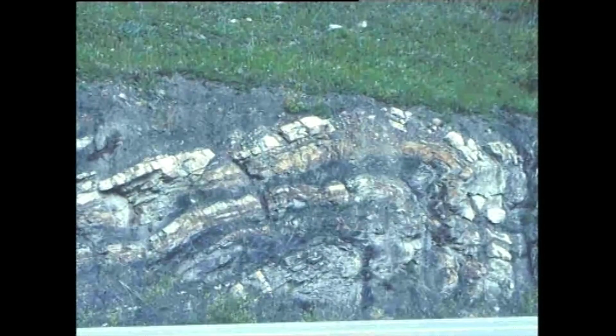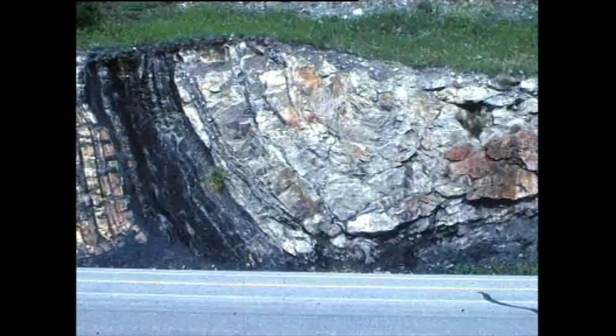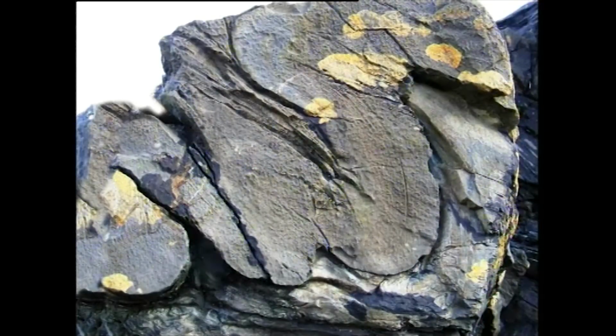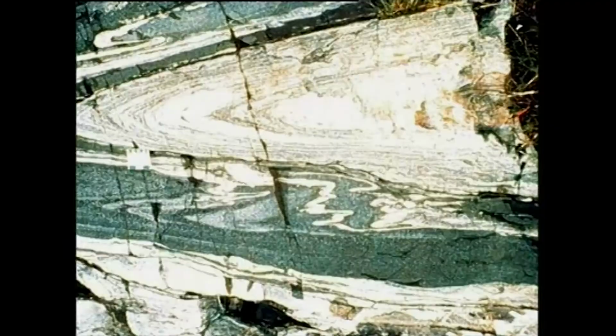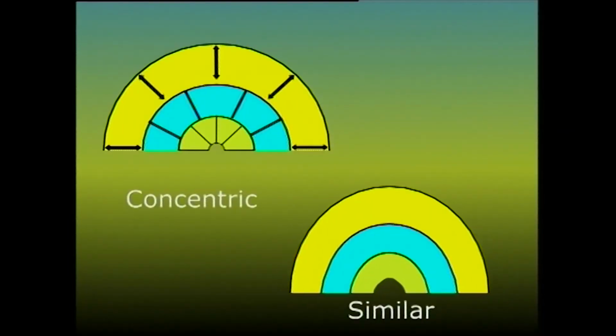For example, the hinges of folds, especially antiformal folds, are very good sources of crude petroleum and gas. Hinges of antiforms and synforms are good places where mineral veins, metallic minerals can accumulate. Identification of folds, the interpretation and analysis of folds is extremely important. By the way, while we will be talking in detail about this in our next episode, let us mention here that folds are products of